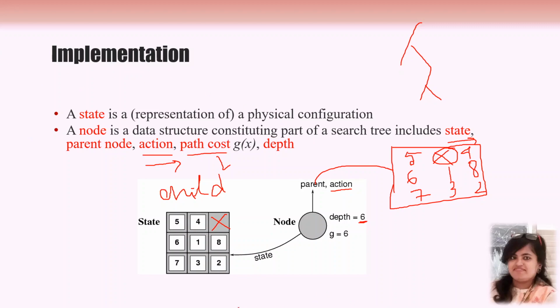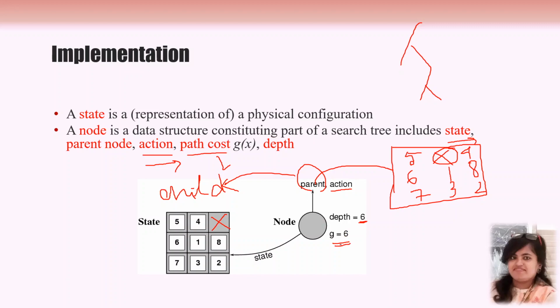Now you can ask why the g value over here is 6. Actually I am making this the parent node. But suppose the parent node is 6 distance away. From this parent node, to reach the child node, suppose you need to take 6 actions. Here I have defined only one particular action. Now suppose to reach from this parent node to the child node, you need to go for 6 different actions. Then the path cost becomes 6.